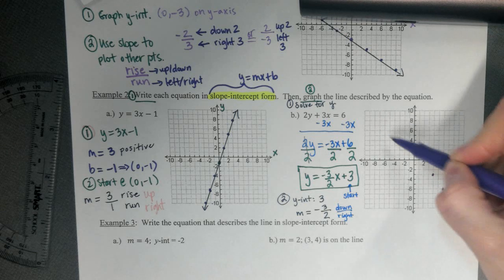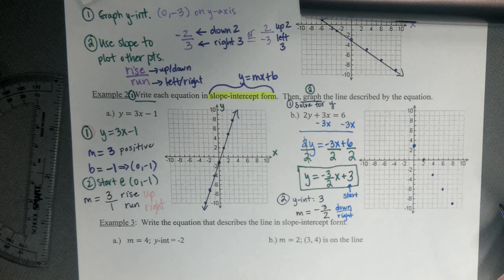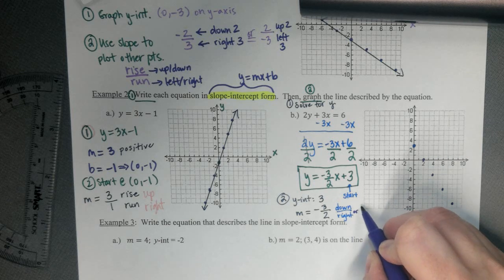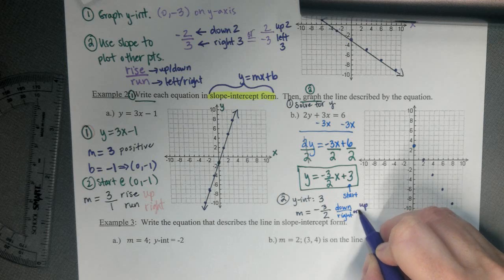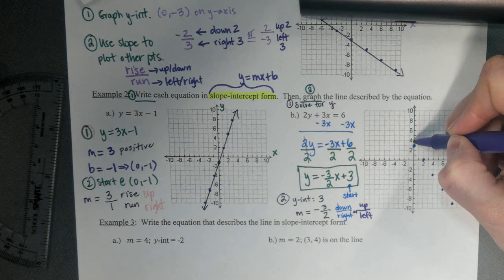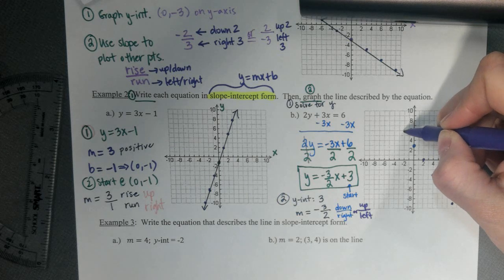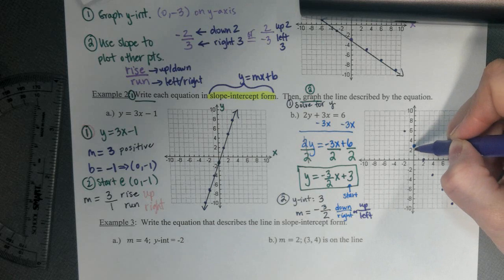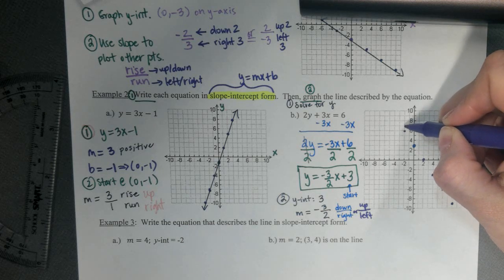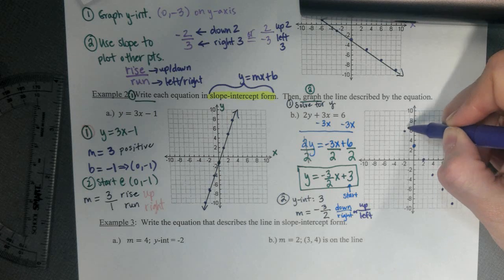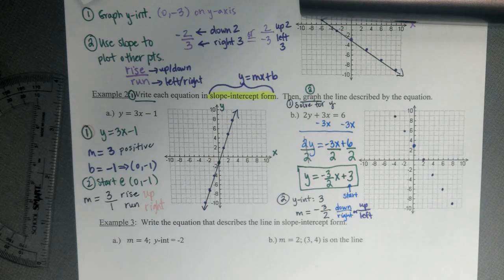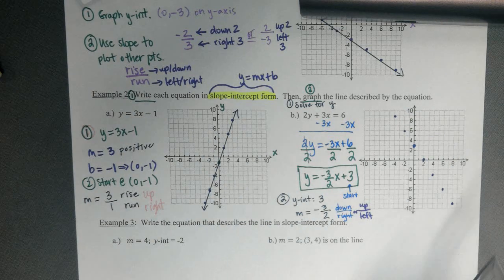Okay, now to get the points up here, instead of going down and right, what else could you do? Instead of going down, we could go up. Instead of going right, we can go left. So we're going to go up 1, 2, 3 over 2. 1, 2, 3 over 2. Okay, and then once you line up your straight edge there,